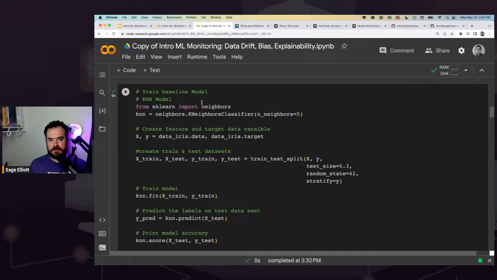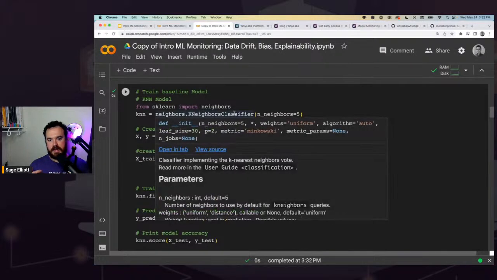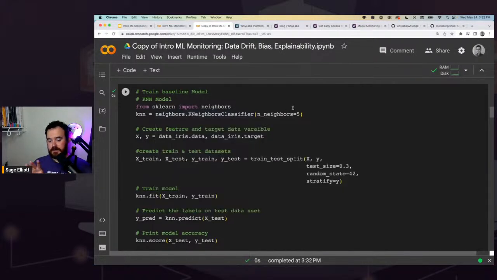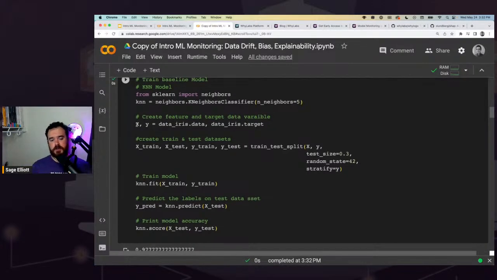We're importing neighbors from scikit-learn, and then we're using the KNeighborsClassifier, and we're setting n_neighbors to 5. I'll talk more about what that is in a second. But basically, we are looking at the 5 closest data points to the new data that we want to make a prediction on. And we're going to say, if the majority of those data points belong to the class Versicolor, then we're going to predict that it belongs to Versicolor. Here, we're going to get our X values and Y values. X is the features that we're going to be learning from, and Y is the target values that we want to learn how to predict, so the Versicolor, Virginica classes, etc.